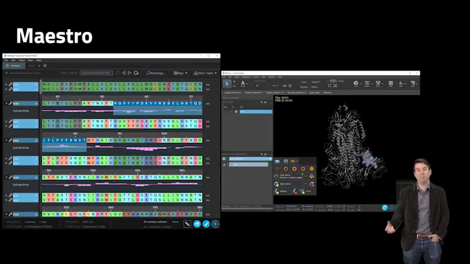So the example that I'm trying to show here, and I'll be honest that I just randomly selected some things inside the spike protein, is that someone's looking at the textual data and they say, you know what, there's something interesting here, and they select it. It sends a signal across, the workspace gets it, and it immediately registers that I should select these things inside the workspace. They can see it in 3D too. They're then able to click on the styling tab and style it differently to really make it pop out. And now they've identified something in the protein that they might try to develop a drug against.